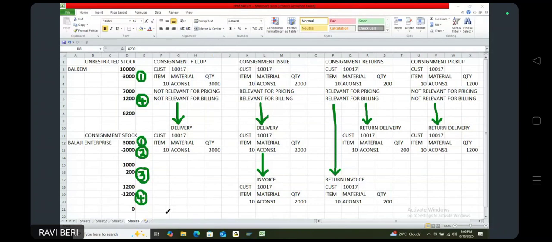So what happens? Stock will be reduced from consignment stock, first point. Second point, inventory accounting document generates because we transfer the ownership to customers, and the accounting entry is cost of goods sold account debit to inventory account credit. Okay. Next,